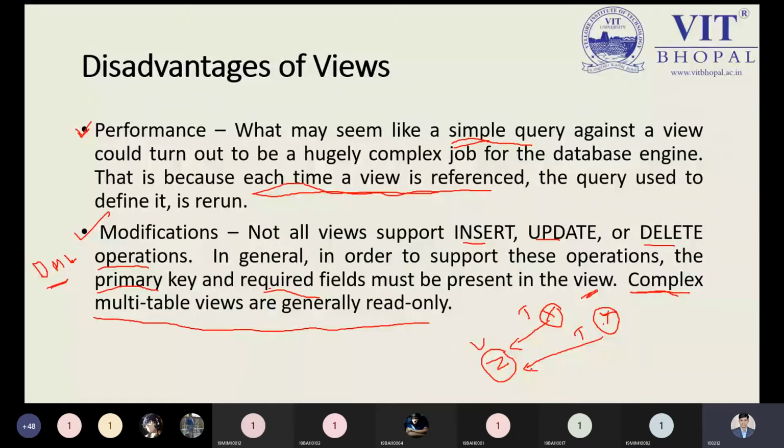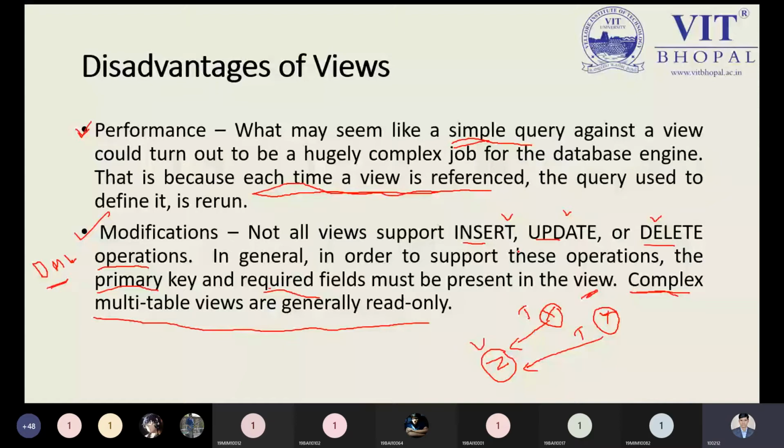If you want to perform an insert, delete, or update operation, keep in mind you must have a view from a single table. That is possible, but if you are creating the view from multiple tables and then want to insert something, the view command gets confused about which table's information should be updated, table X or table Y. So we can say complex multi-table views are generally read-only.